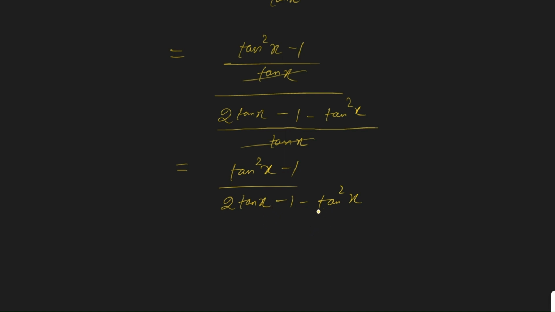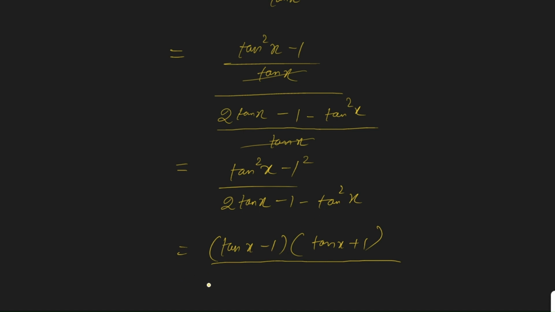In the denominator we are getting a quadratic equation in tan x, and so in the numerator I'm going to use the difference of squares, which is giving tan x minus 1 and tan x plus 1. In the denominator I'm going to factorize this quadratic equation, and I should get,